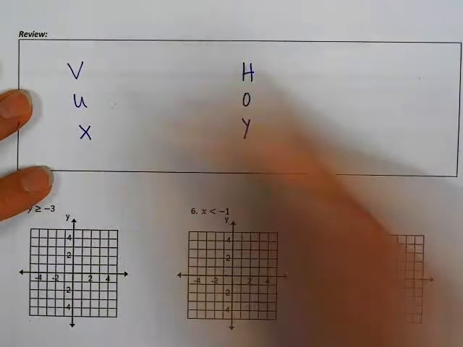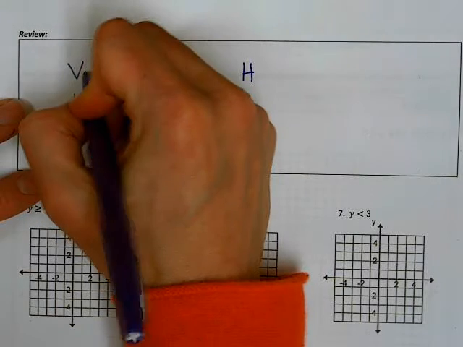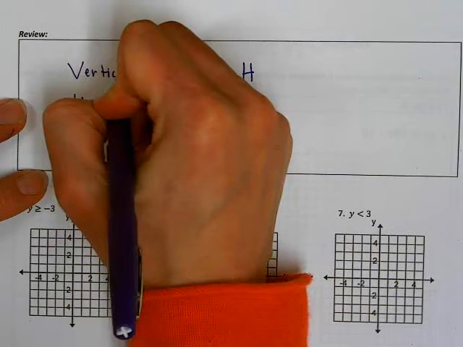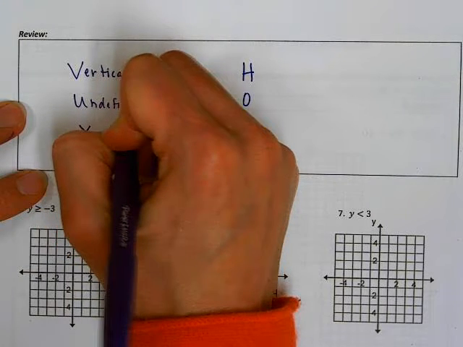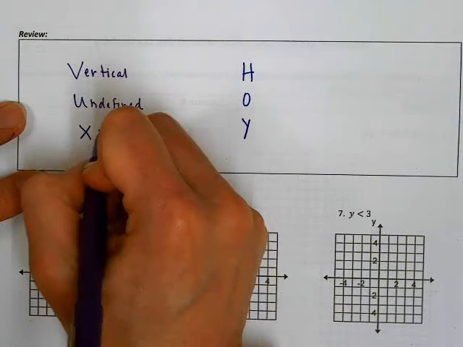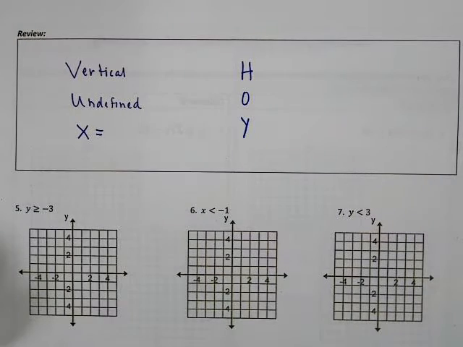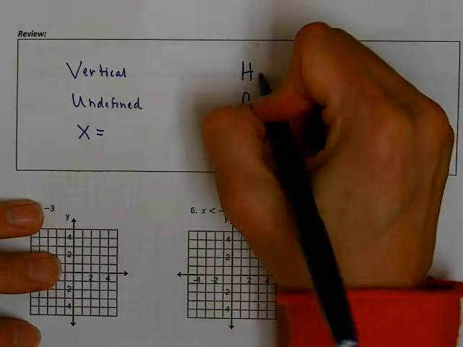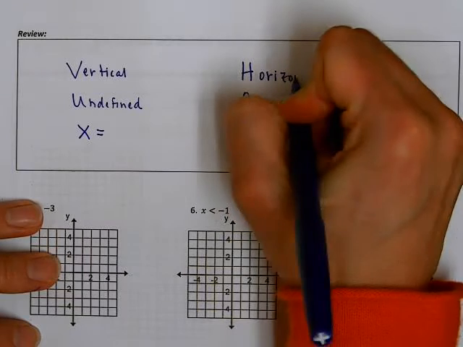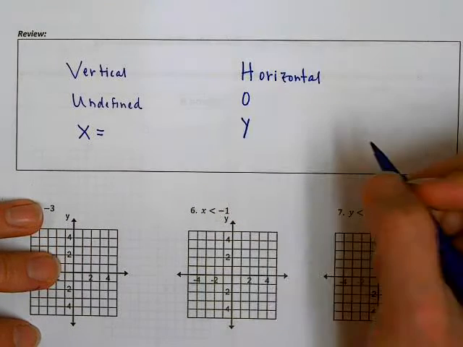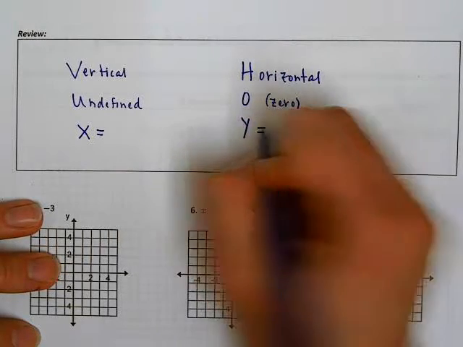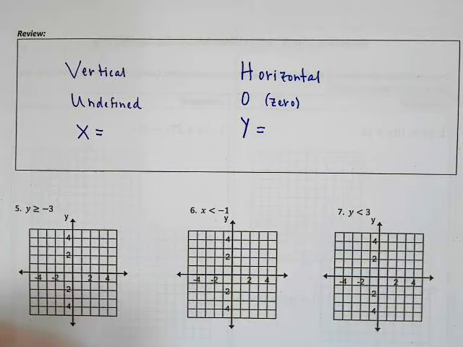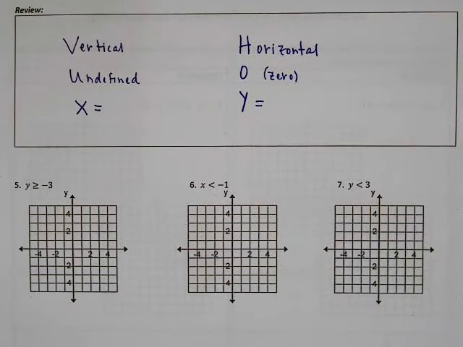So remember, Vux was our vertical lines that have an undefined slope, and their equations look like x equals. Hoy was our horizontal lines. They have a slope that's 0, and their equations look like y equals a number. So we're going to use that as well as what we've learned so far about graphing linear inequalities to graph